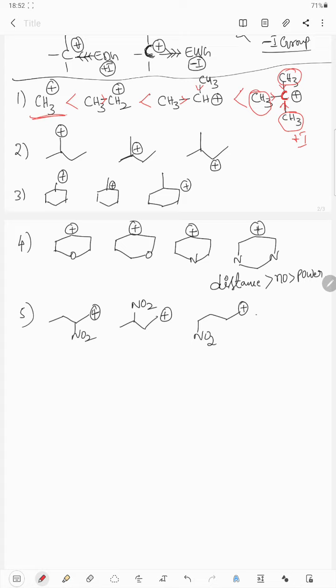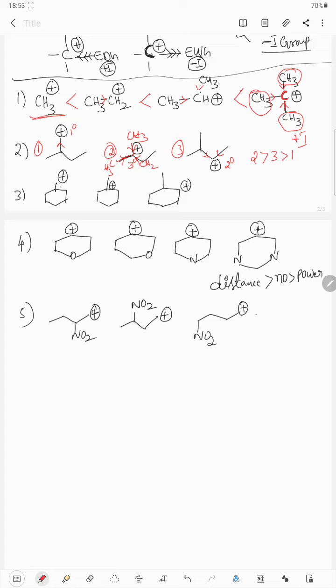Now I am going to the second example. Now look here. It is a primary carbocation, it is a tertiary carbocation, and it is a secondary carbocation. See, this is 1, this is 2 and next 3. So which carbocation is highly stable? I am telling that the second carbocation is more stable than the third, than the first. How sir? It is very simple. Look here. Here a methyl group is there, and here a methyl group is there, and here a methyl group is there, here a CH2 group is there. So 3 plus I groups are present, that's why it is more stable. Here only 2 plus I groups are present, here only 1 plus I group is present. So I hope you understood.